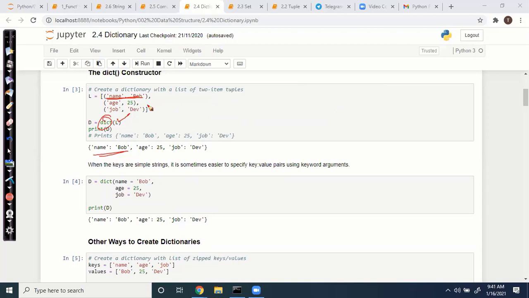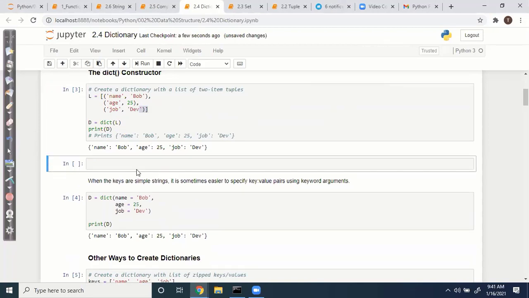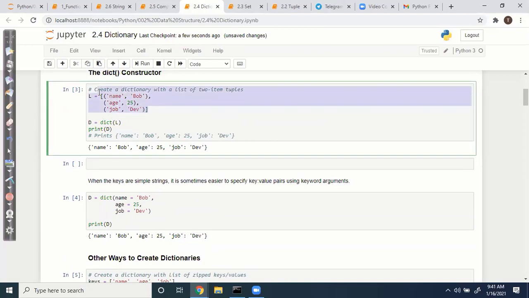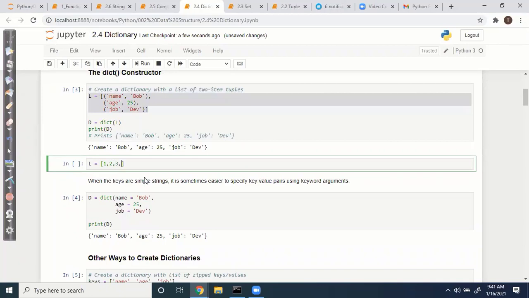One homework: assign just list items alone and see what happens. You have to practice like this. Just list items, 1, 2, 3, 4.